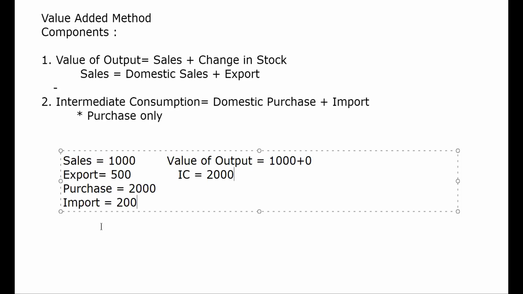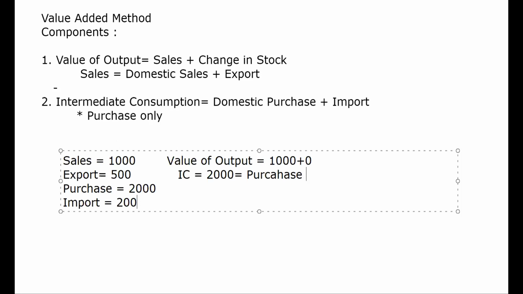Obviously, because it is not specifically mentioned that this is the domestic purchase. It has been given only the purchase, so it means import is included in the value of purchase. So to calculate IC, we'll take only the value of purchase. So IC is equal to purchase of raw material, purchase of the firm. Have you got it, everyone?